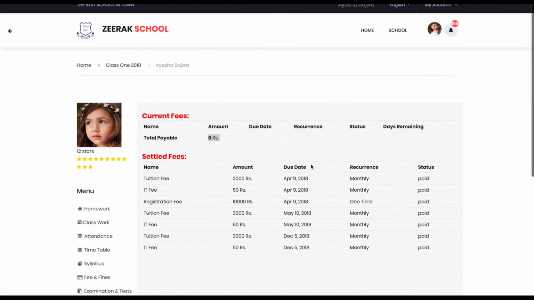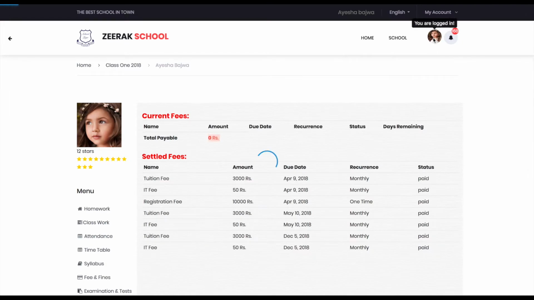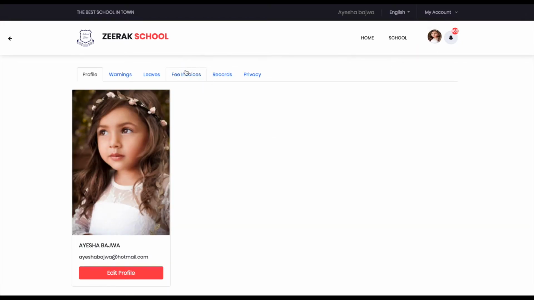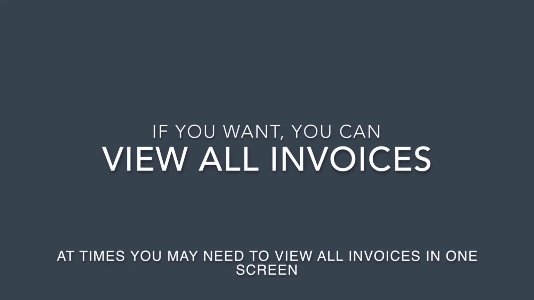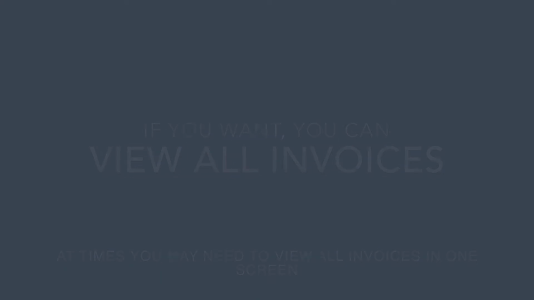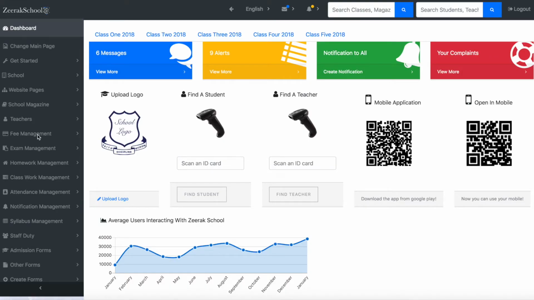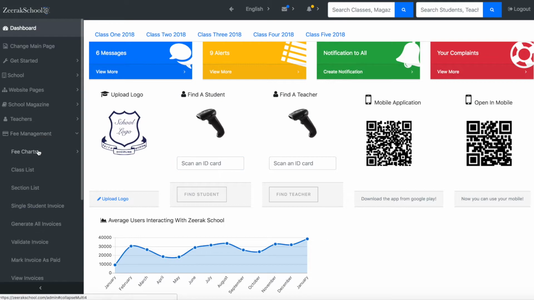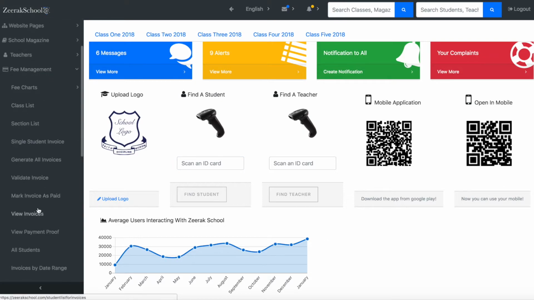This can also be seen in the profile area of the student mobile application. The admin can also see all the fee invoices on a single page. When the admin goes to Fee Management and then View Invoices button, the page for showing all the PDF invoices